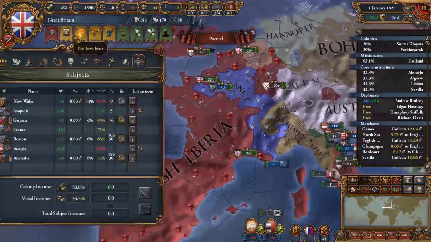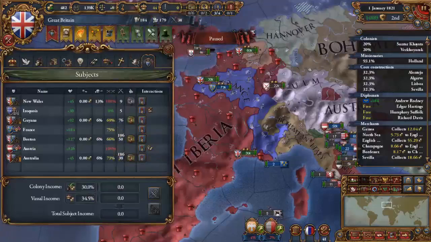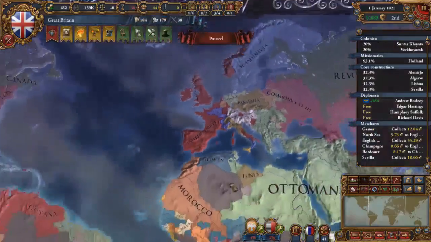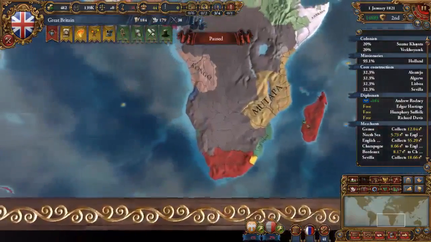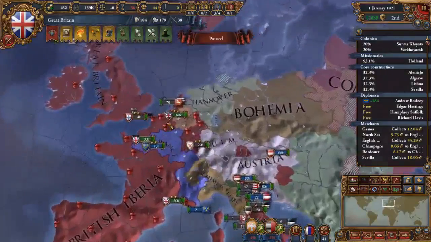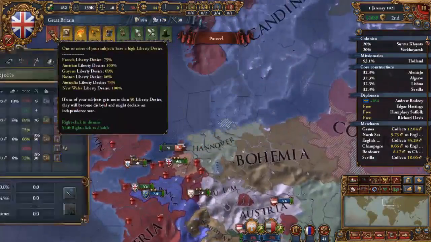as you can see on this vassal map, a lot of them are high liberty desire. That's because in my previous recording, I accidentally accepted these peasantry rebels who conquered all of South Africa. I accidentally accepted their demands, so that just lowered my stability. And as you can see right now,